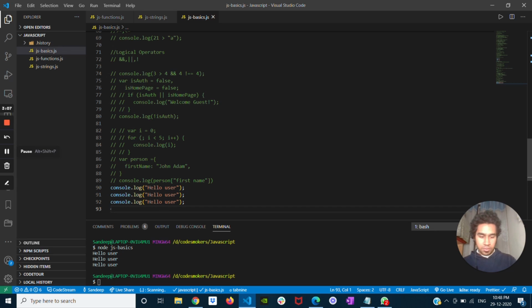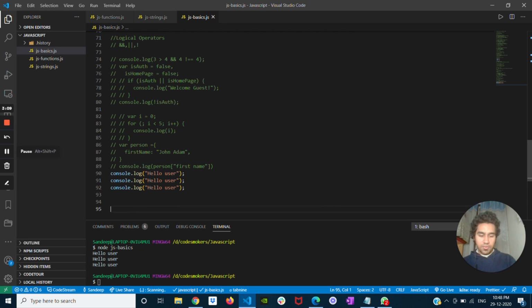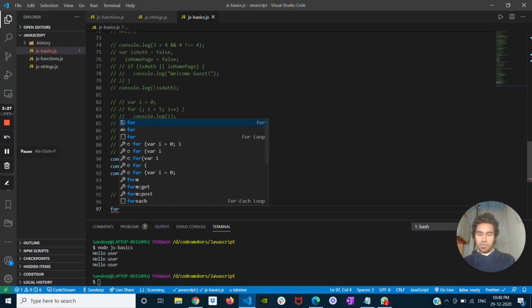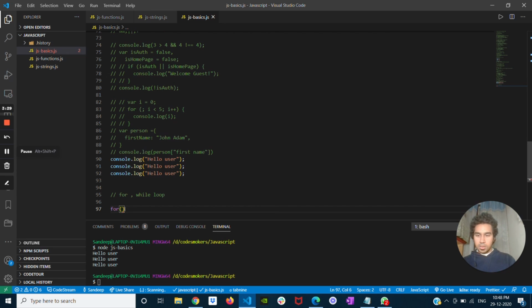There are two types of loops in JavaScript. One is the for loop and the second is the while loop. We will be discussing the for loop, which is the one used most commonly. So I'm going to type out for. For is a keyword, and